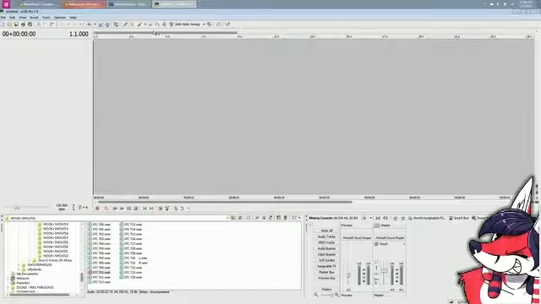Sampling. Sampling's kind of an instrument in and of itself. There's a lot to it. Sampling's kind of a thing in and of itself. You eventually just learn. You eventually get an ear for what things sound good together, what things don't sound good together.